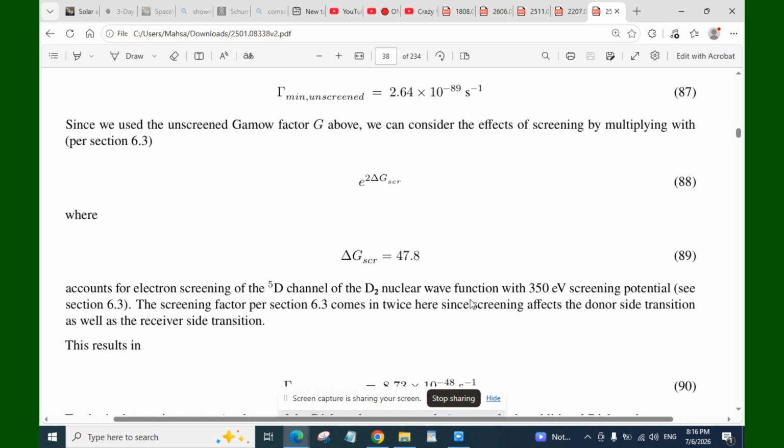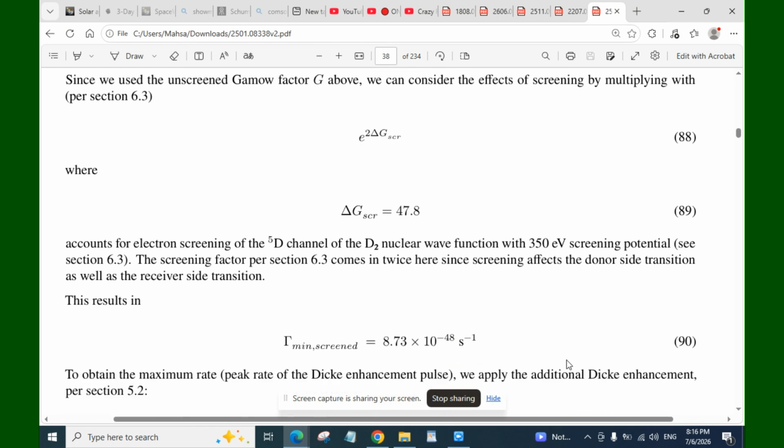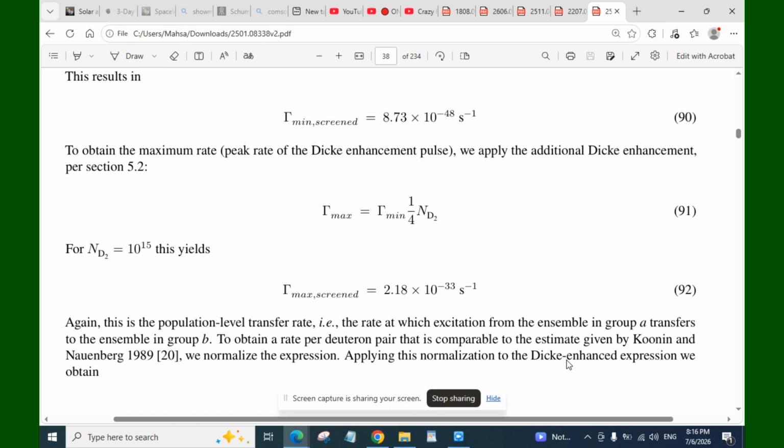See section 6.3. The screening factor per section 6.3 comes in twice here, since screening affects the donor side transitions as well as the receiver side transitions. This results in tau minimum on screen equal to 8.73 multiplied by 10 to the power minus 48 1 per second. To obtain the maximum rate, the peak rate of the decay enhancement pulse, we apply the additional decay enhancement